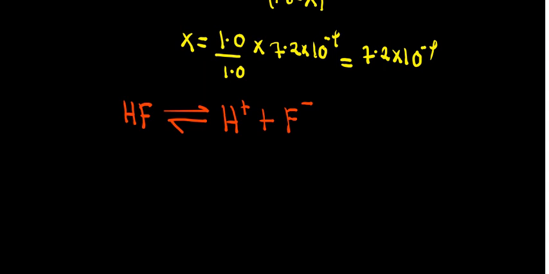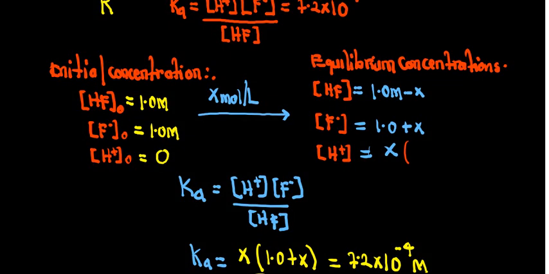So to find out the composition of this, if the value of x is 7.2 times 10 to the power negative 4, what does this entail? It means that here, the value of x is 7.2 times 10 to the power negative 4, and